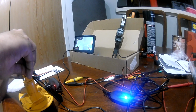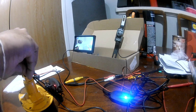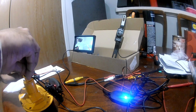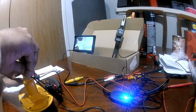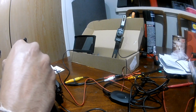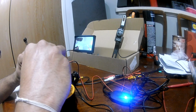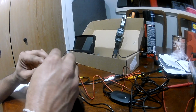Good. So there is a video. You can see me moving. There is no lag, I think. Yeah, 1 2 3 4. Yeah, there is no lag. Okay, so if you take it out, there is no video, and if you connect it back, there is video. That's good. So let's see how it works